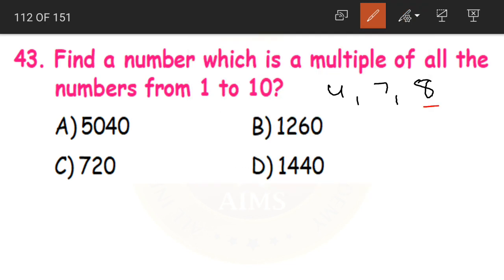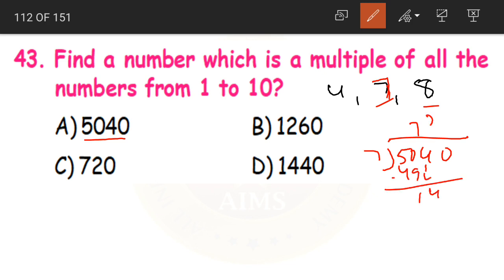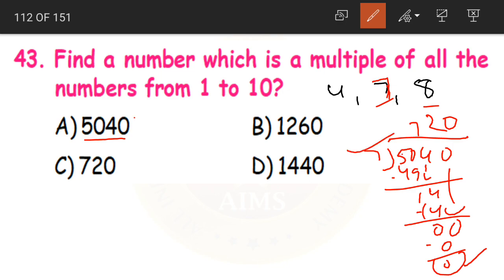Okay, let us start with the bigger number, or let us start with 7, because I feel that not many numbers are divisible by 7, children. If we take 5040 for example, when we divide 5040 by 7, let me divide it quickly. Yes. So here the remainder is 0. That means the given number is divisible by 7.